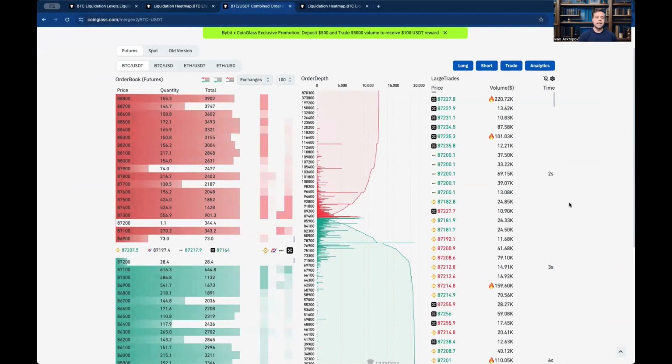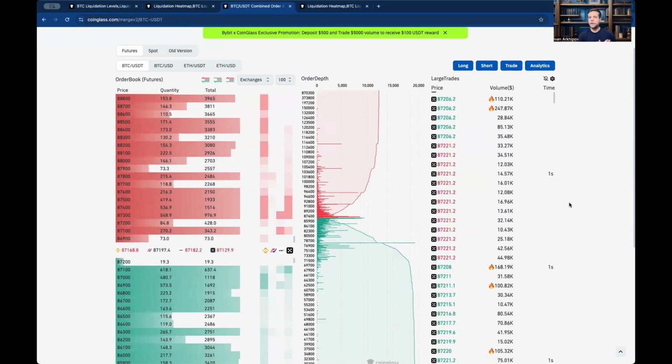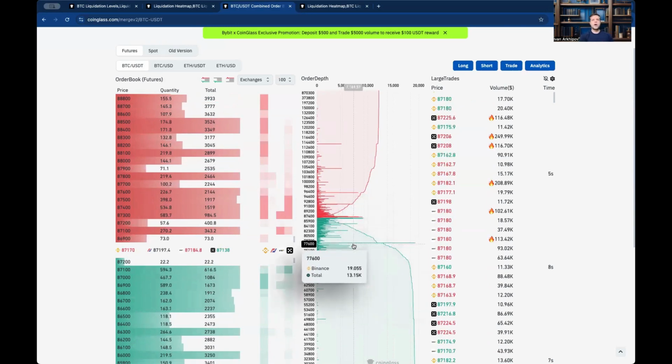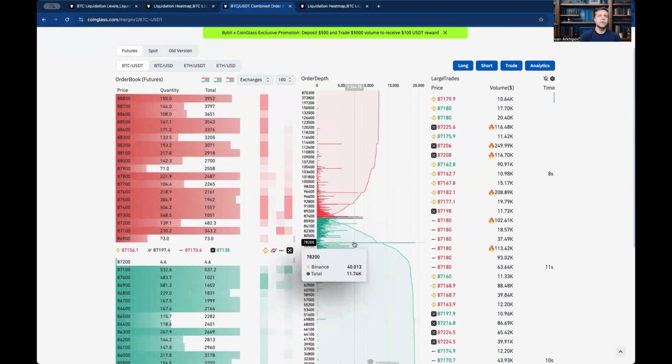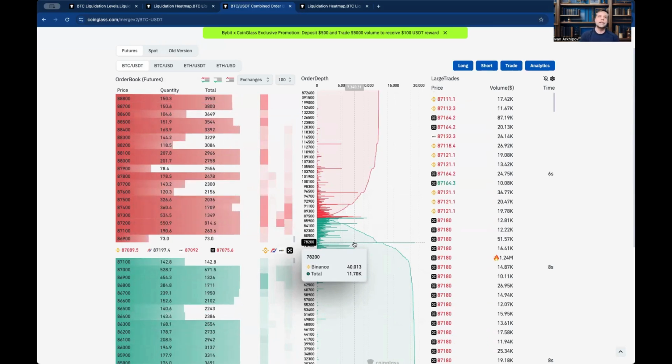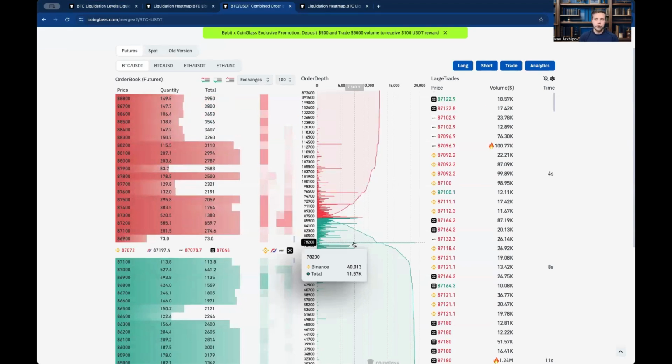You have to look at the order book. In this case, a real-time order book, obviously those positions may change, and they may change rapidly because something else happens in the market, some news or whatever, so suddenly a large volume of open interest comes into the market. But for the most part, you can see that here, for example, at 78,000, you're going to have a major support line because there is a ton of buy orders. In this case, almost 11,500 Bitcoin volume,